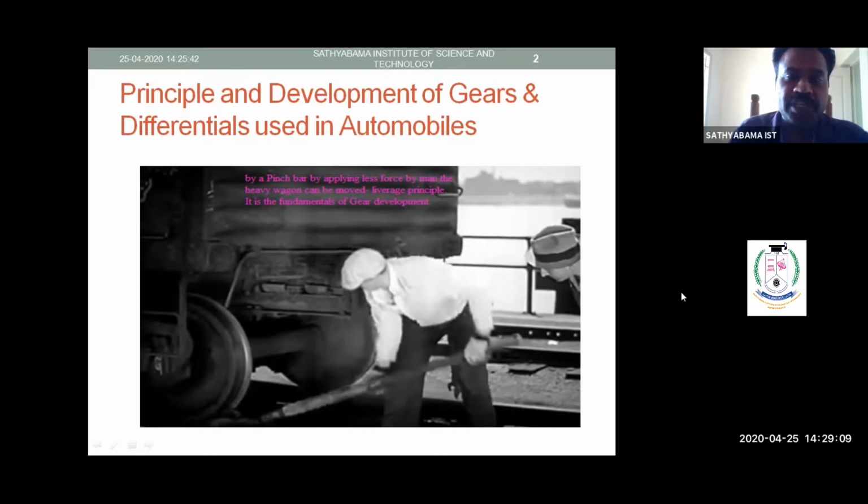If you remember that scientist Archimedes, he stated that if you give me a long leverage, I can move the earth also. So what we can interpret from this, to move large objects, we don't need enough force, we need only the leverage principle. Using small weight also, we can move the large objects. This is the basic behind the gears. For all the automobile gears we are using for power transmission, motion transmission, this is the basic principle behind it, called leverage principle.